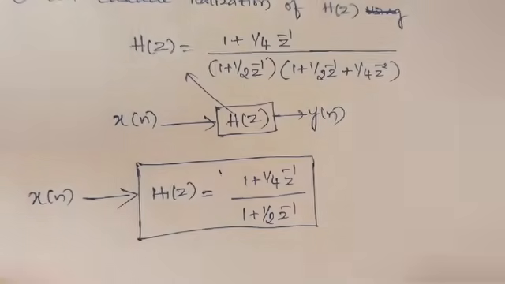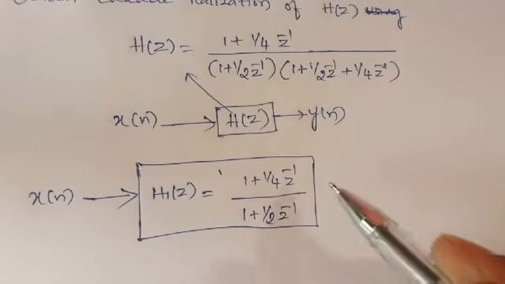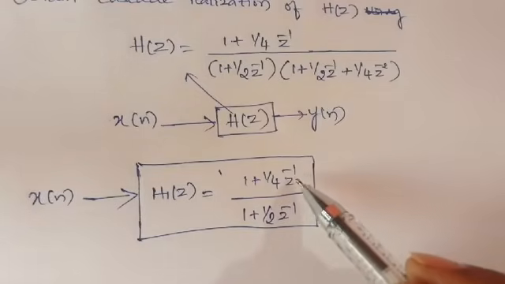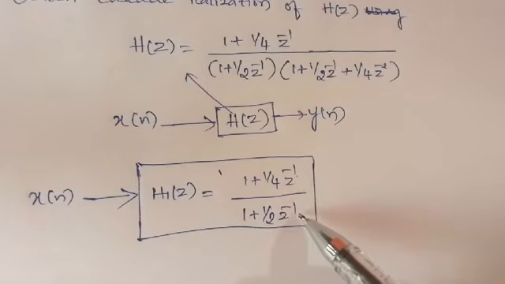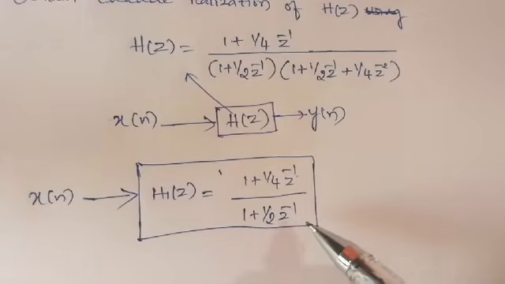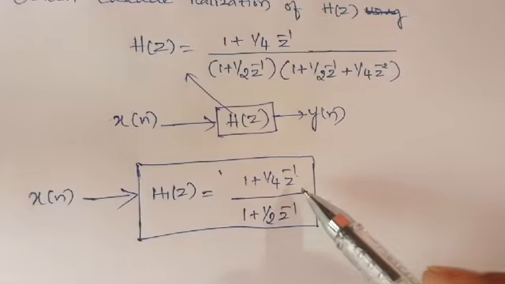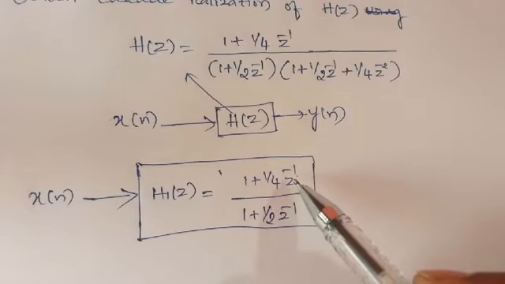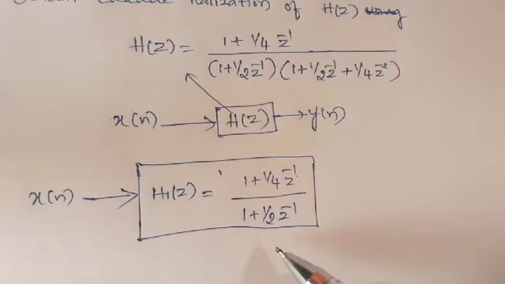See, always while decomposing or dividing or splitting into a product of two transfer functions, one point we have to remember: at worst, the numerator order and denominator order must be the same. Second point, if not, the order of the numerator should be less than the order of the denominator. This condition we have to take care of.